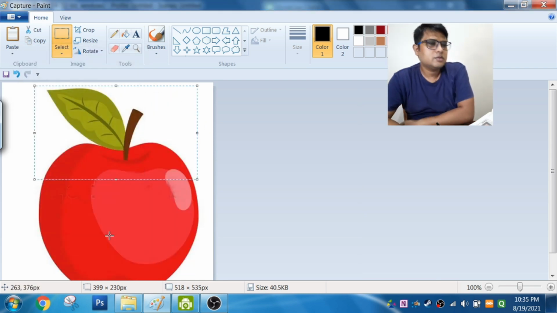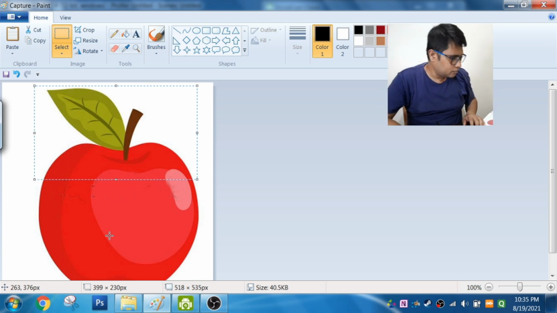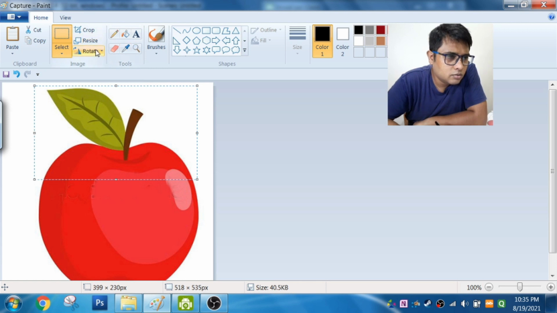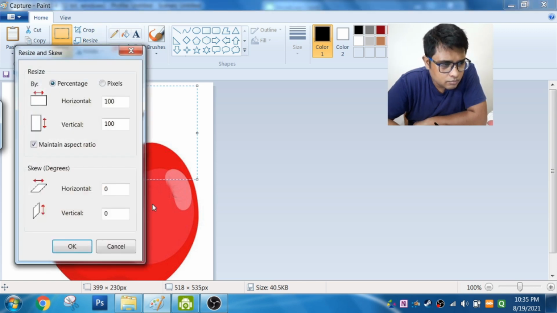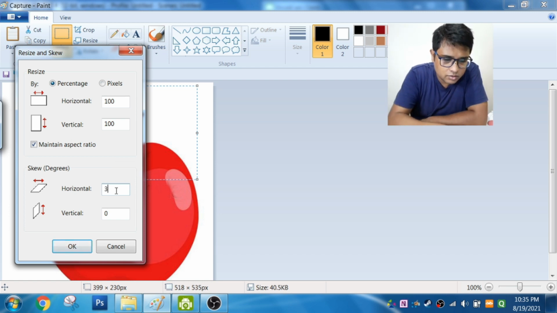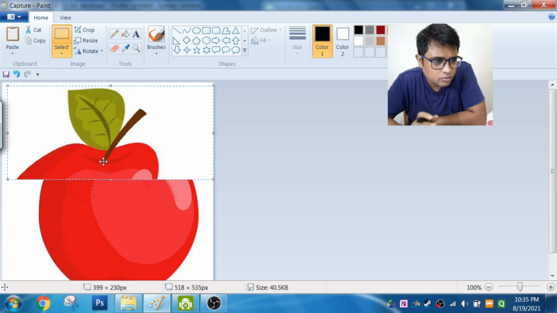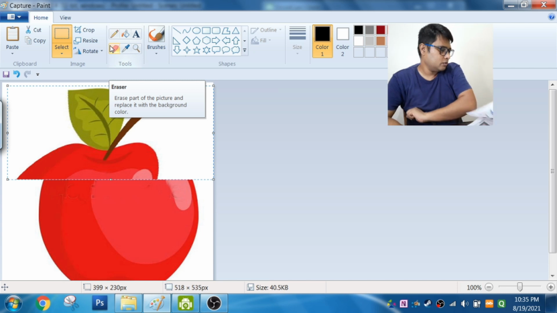So this is how we skew or change the shape of the image. There is another one also. So here you can horizontally change something, like if I make 30, click on OK. The thing is rotated at an angle of 30 degrees. So this is how we do it.